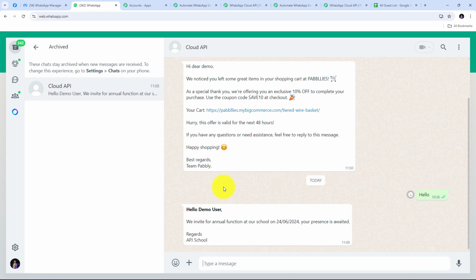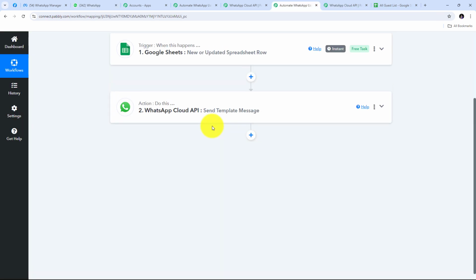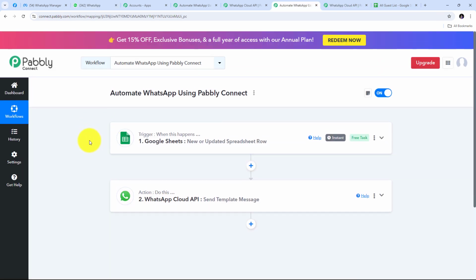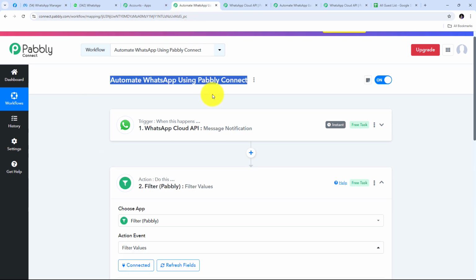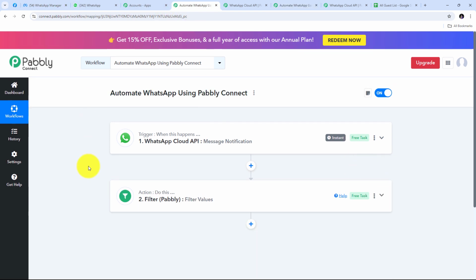So here I have successfully created this automation, and I have shown you two different use cases that you can use to connect WhatsApp and create this amazing automation. Now let me take you back to Pabbly Connect. And here in Pabbly Connect, we have seen how to connect WhatsApp Cloud API in our Triggers tab and in our Actions tab too. So with Pabbly Connect, we can connect WhatsApp Cloud API,